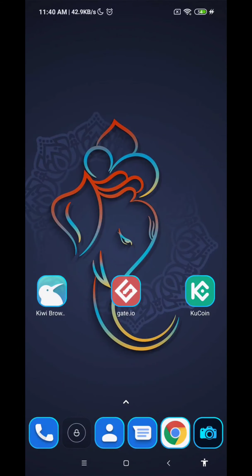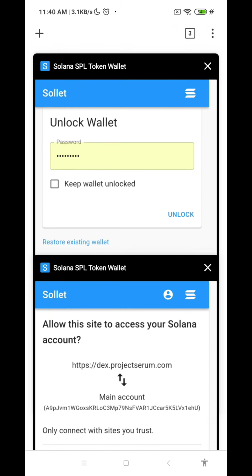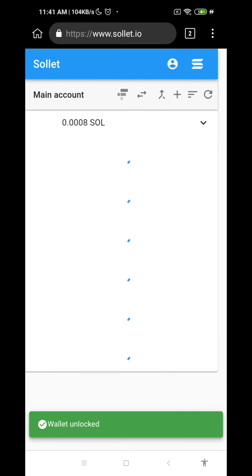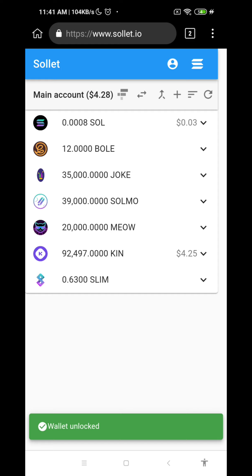In this video I'm going to show you the withdraw process of the Kin. So many guys are doing it unlimitedly. First, go to your solid.io wallet. So I'm going to that. As you can see here, I'm going to that wallet. After unlocking your wallet, as you can see, there is a Kin balance for you. The Kin will be shown to you.